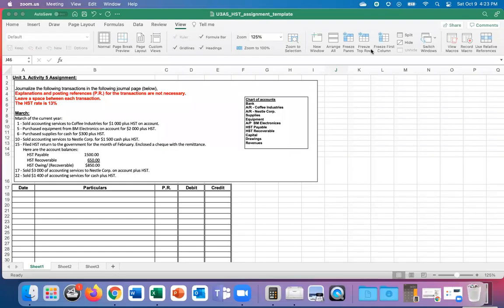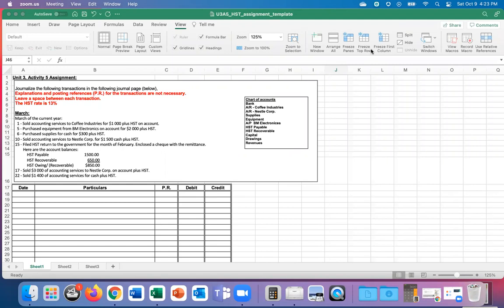Okay, the goal of this video is to show you all how to do Unit 3, Activity 5. The new concept in this assignment is adding HST to our journal entries. So in previous